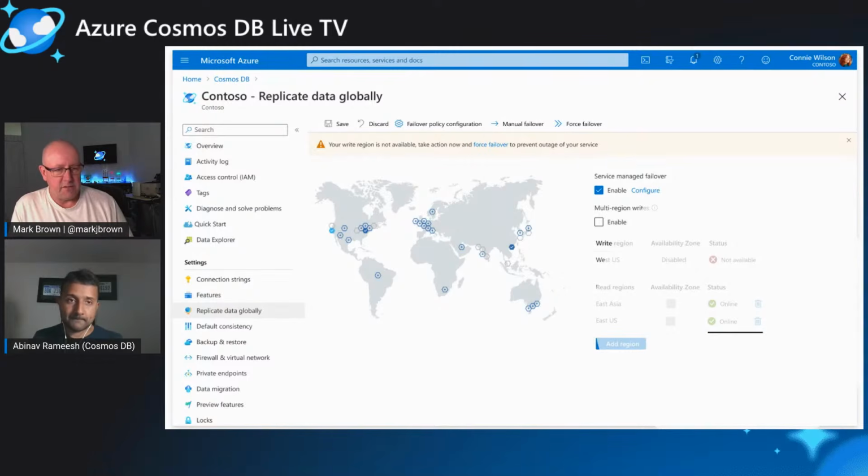And we have code that shows how to read from our conflict feed. I believe it's in the multi-region writes or the conflict feed section in our global distribution docs. So if customers want to take a look at that, they can go there. It's not possible to really test, I guess,